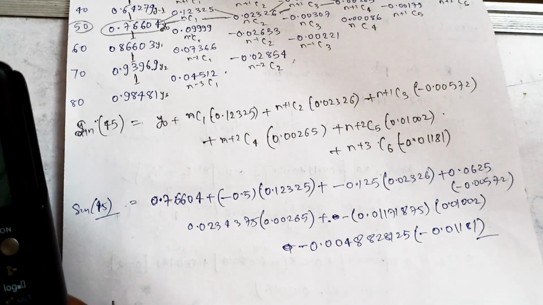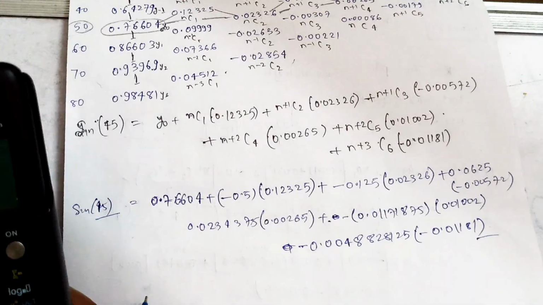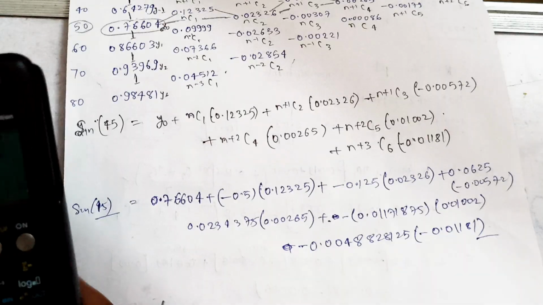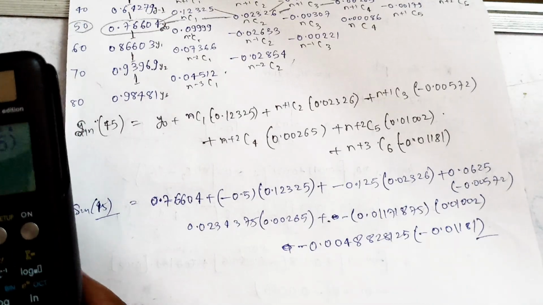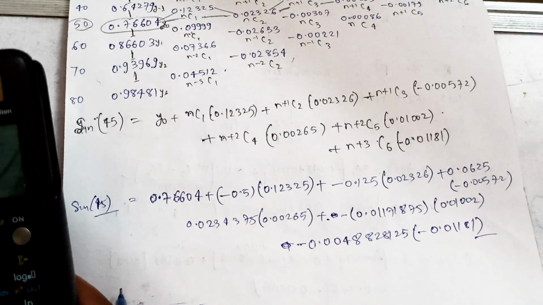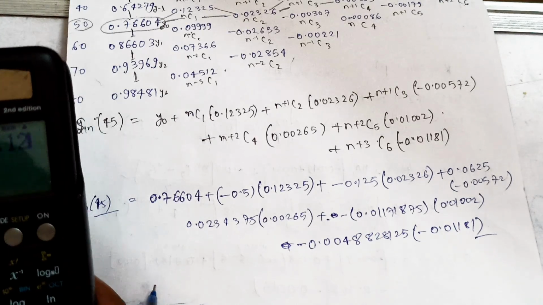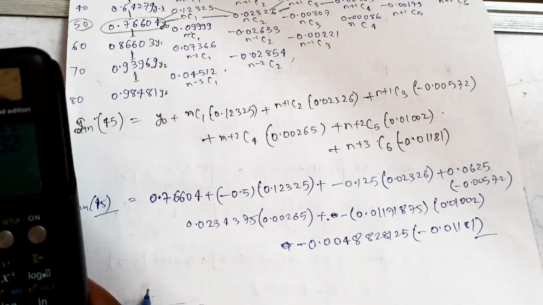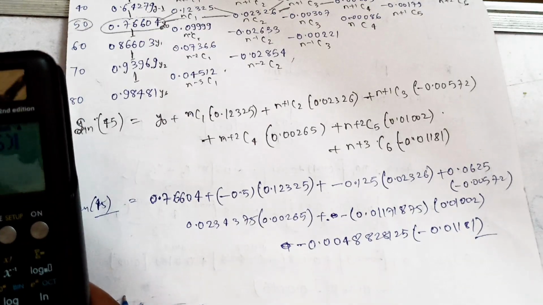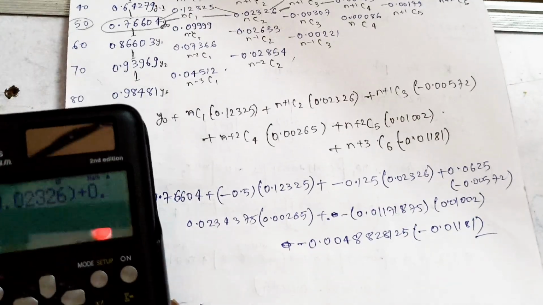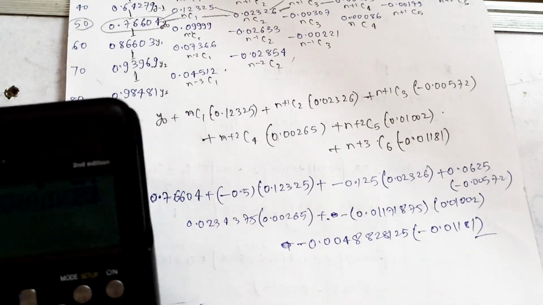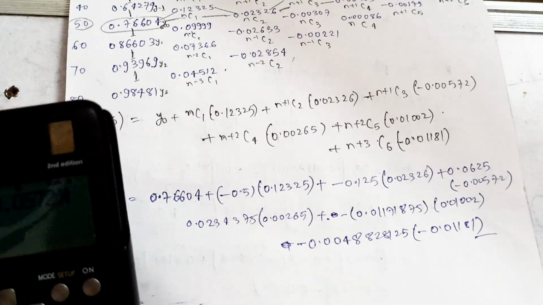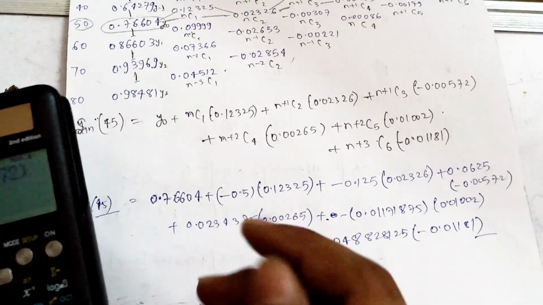Plus into minus 0.5 into 0.12325, and plus minus, that will be already minus into 0.125 multiplied with 0.02326, and then addition with 0.0625 multiplied with minus 0.00572,